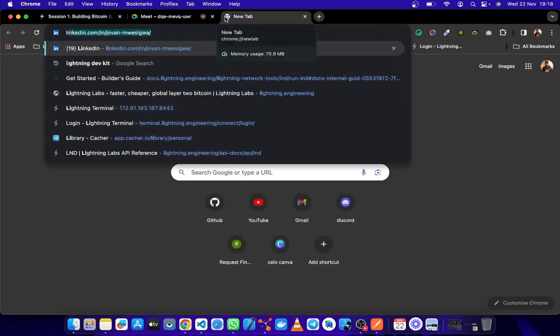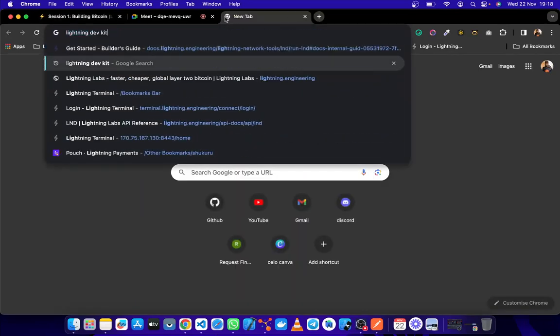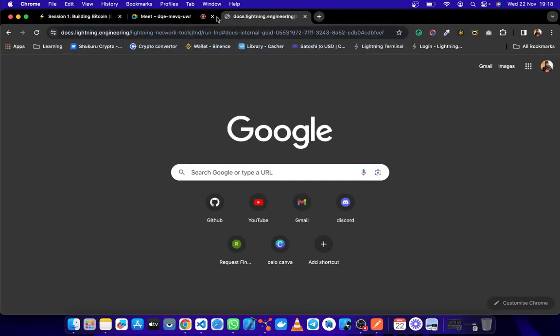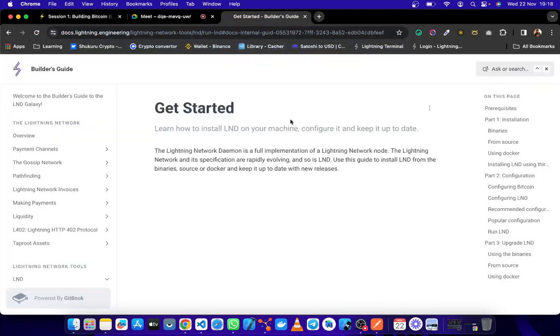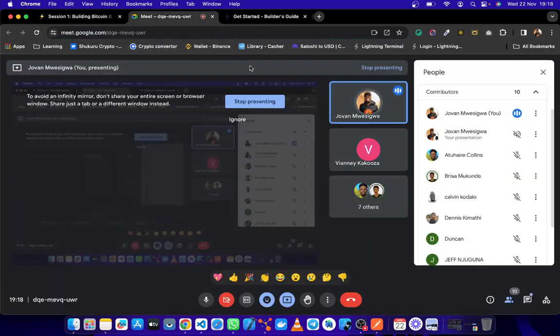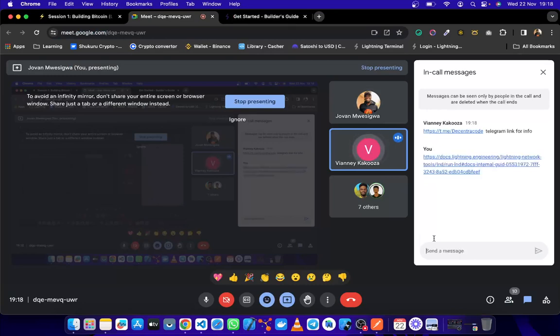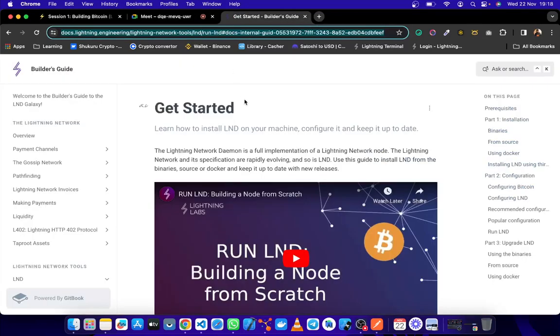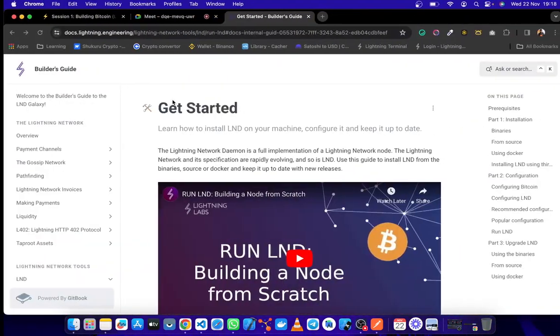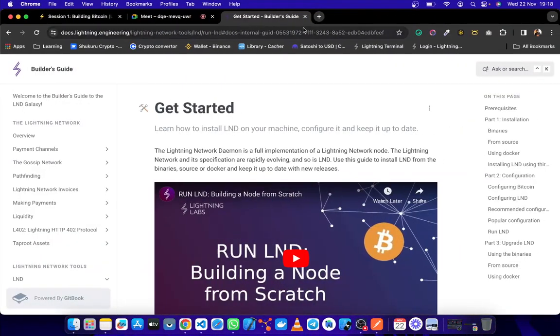I have a list of resources that we are going to follow, the documentation. I'm going to try so hard to always drop the links in the chat if you want to look through what we are doing. And yesterday we had to download some software. We had to download Polar.